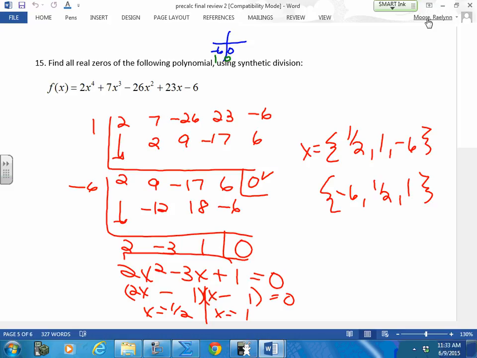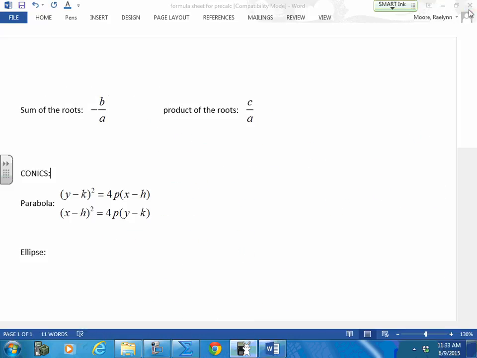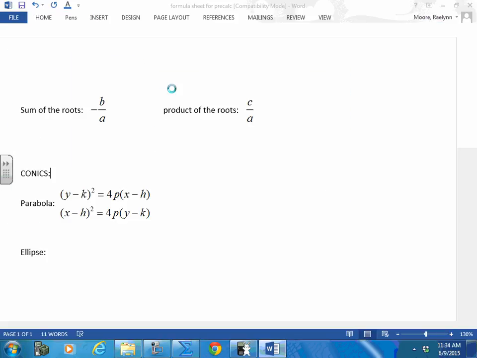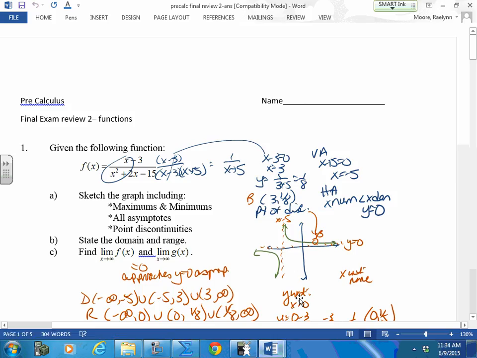Okay, let's go back to the answers. And I don't know why, but my answer key came out so messed up. I was working on a formula sheet here. Okay, for this first one,